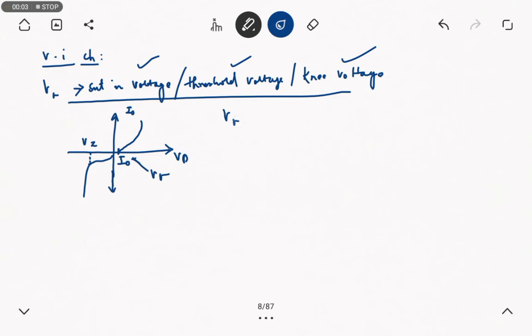Cut-in voltage is represented as V gamma, that is 0.2 volts for germanium and 0.6 volts for silicon. Cut-in voltage for germanium is lesser than silicon. Next, that was the VI characteristics, that is voltage and current characteristics. Second one is